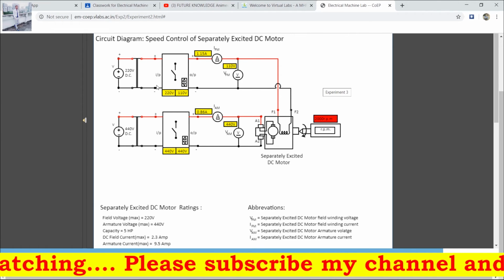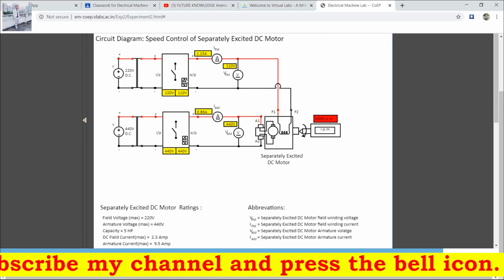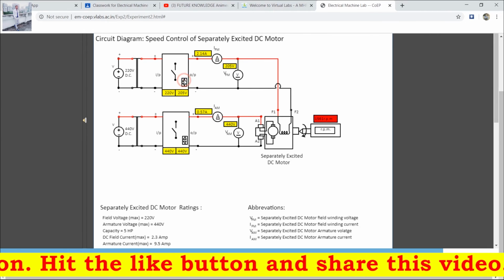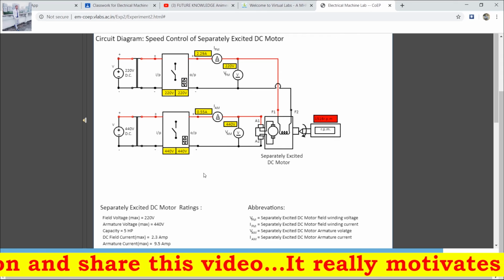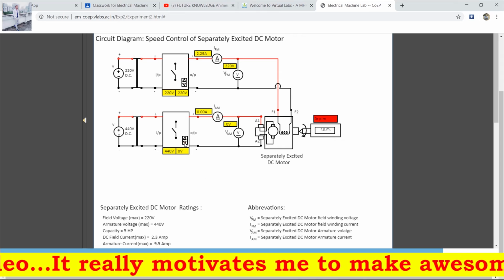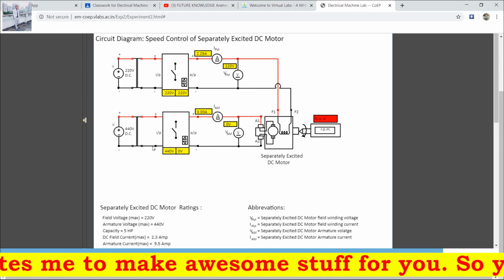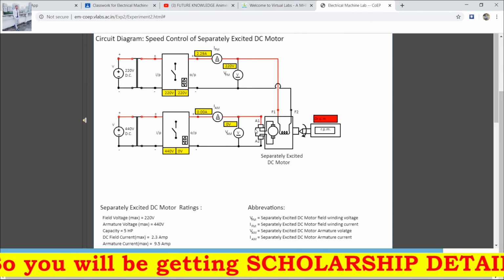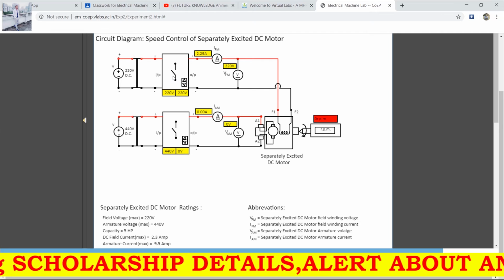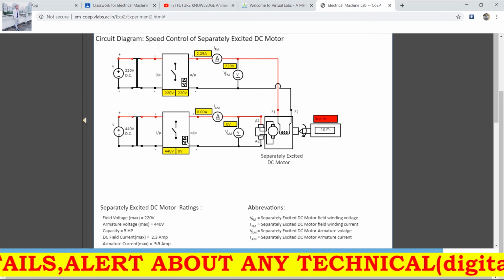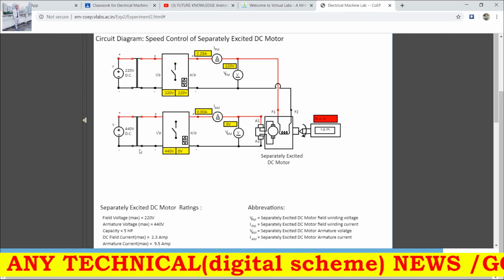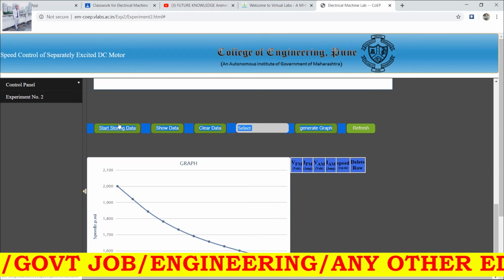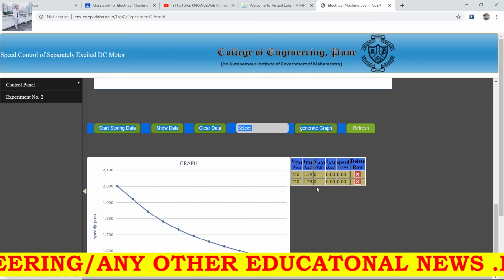armature voltage. We keep the field terminal voltage constant, so we increase the voltage to 220 volt. Now I will vary the armature voltage by decreasing the voltage to 0. Now I will increase the voltage of the armature terminal from 0 to 440 volt. When you increase the voltage of the armature terminal, the field terminal will be constant at 220 volt. Now I will vary the speed by varying the armature voltage. Here you can see the 0 RPM. Here you can see I delete all the data. Next store data, show data.